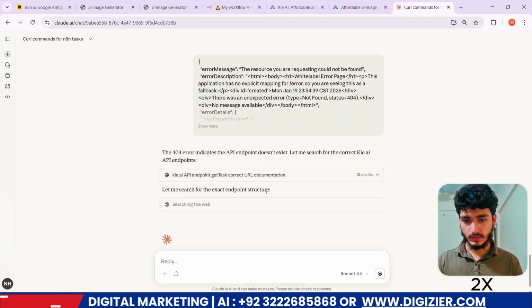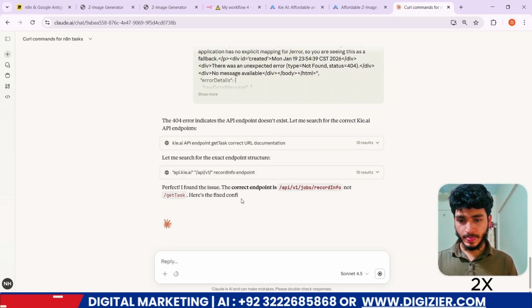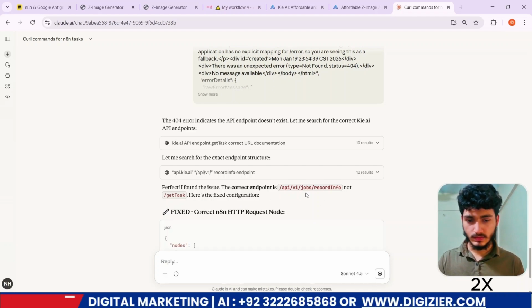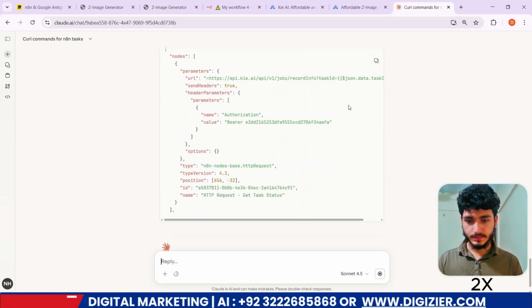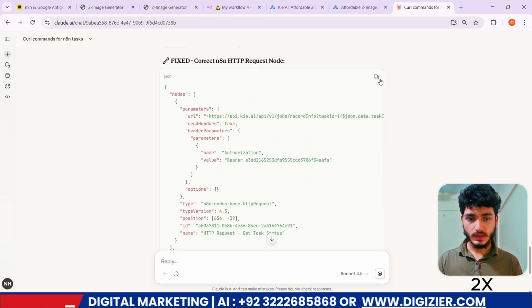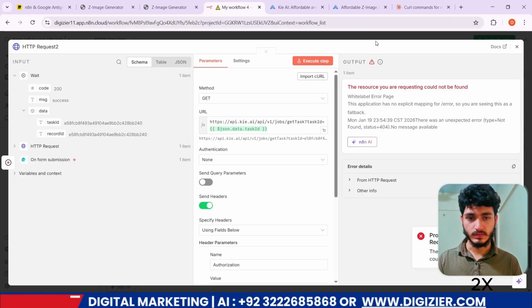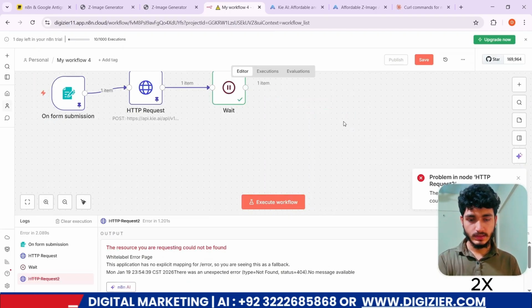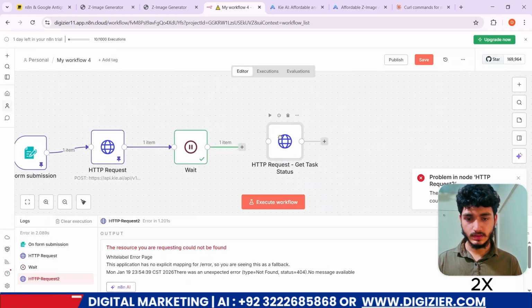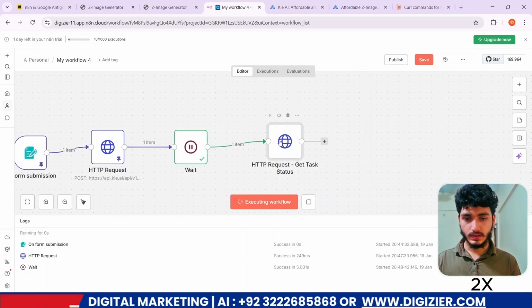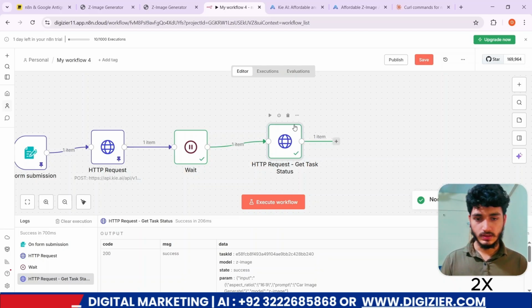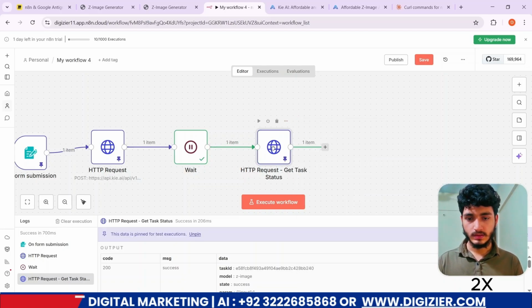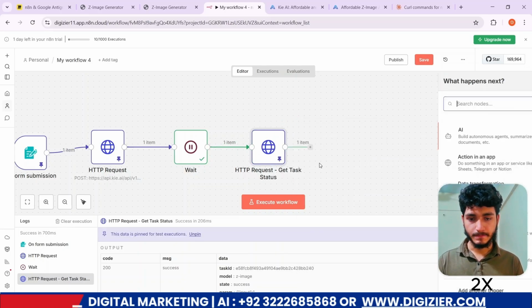Let me search the exact endpoint structures. Perfect, form get us record info. Yes, record info. And that is the correct version of the HTTPS node. Let's delete that HTTPS node, paste here and run the workflow. Yes, you get the URL. Pin the workflow and